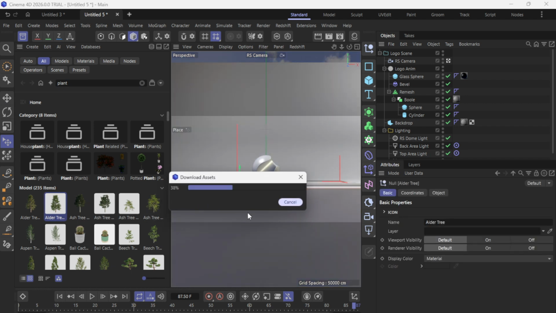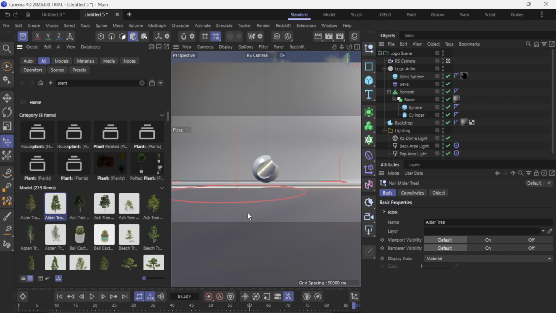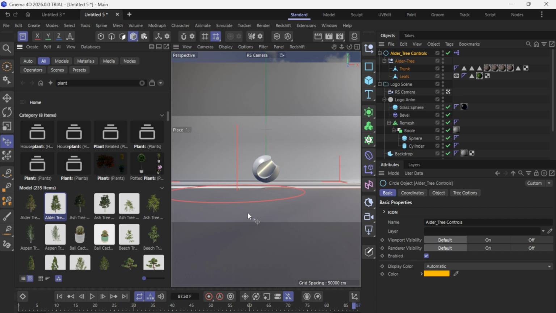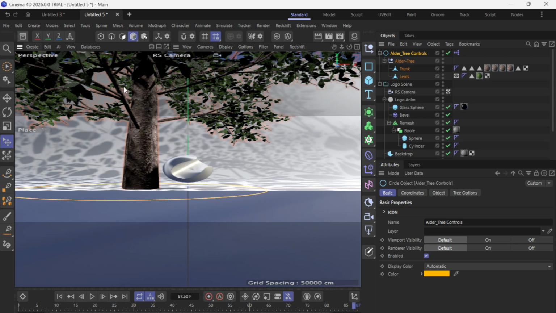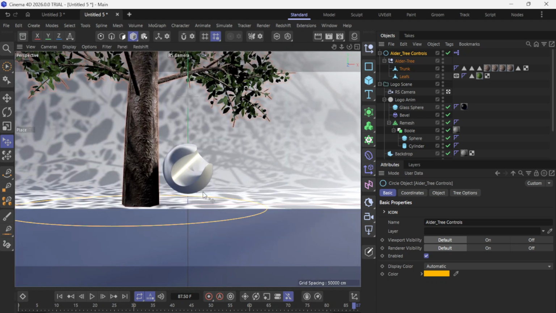For more realistic spacing, enable search distance. This adds a minimum distance between clones so they don't bunch up or overlap. Begin with a small value and gently raise it until the spacing looks believable. Larger plants typically need a higher search distance, while grasses can get away with a tighter setting. Keep in mind that pushing this value too high can thin out your layout more than you expect, so balance